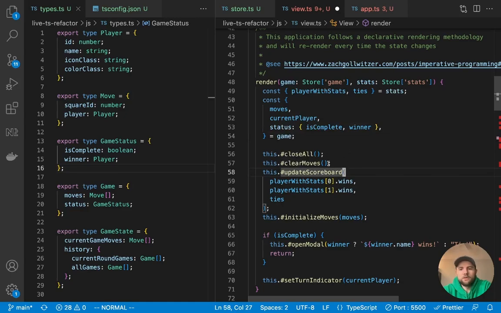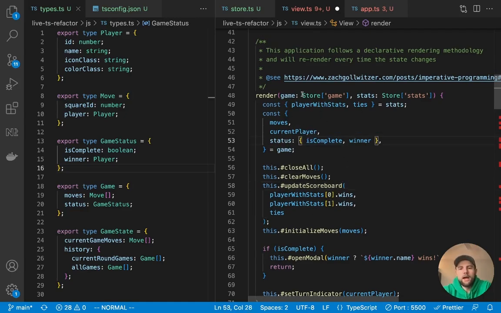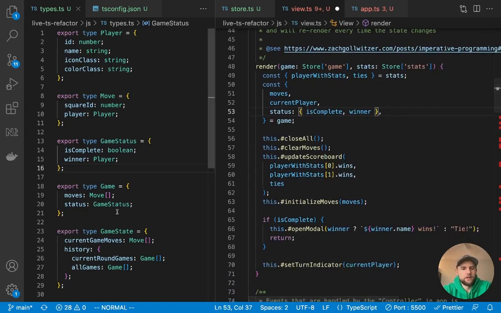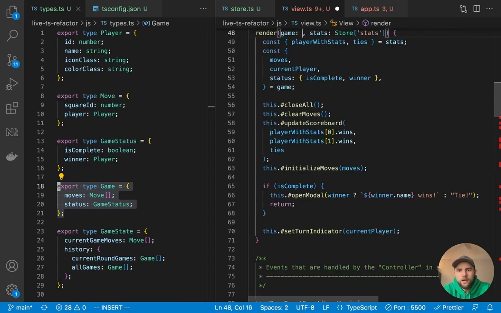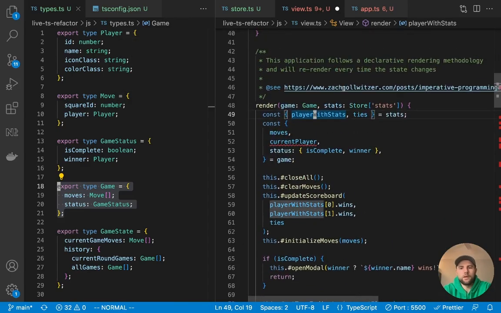And that is going to give us the correct types for the render method. And again, I'm using this to demonstrate something. In reality, you'd probably want to define these as actual types over here. And we do have that for game. So we could use game, scrolling around, we could just use game right there.